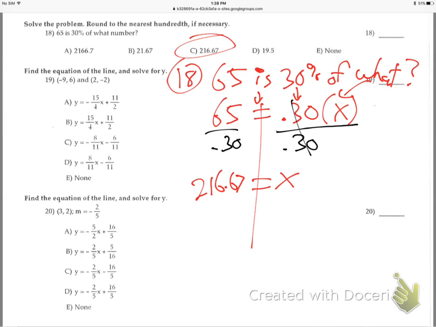And then 19 and 20. Oh, 20 was more missed than 19. Maybe I should do 20. All right. Everybody got that? So